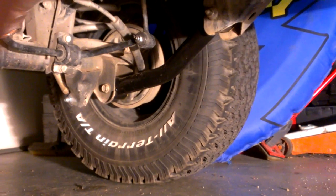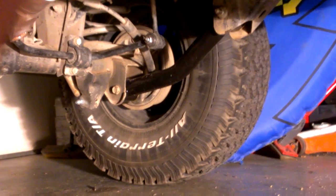Everything feels a lot tighter now on it. I had a little bit of axle wrap on it. It felt like the axle was twisting on me on a load, which I should have checked before, but